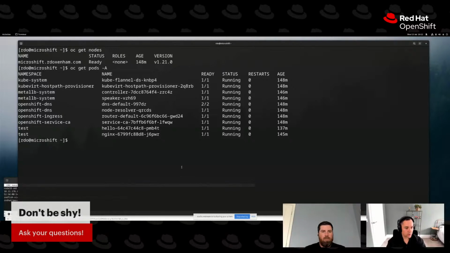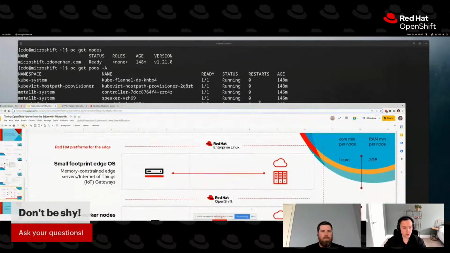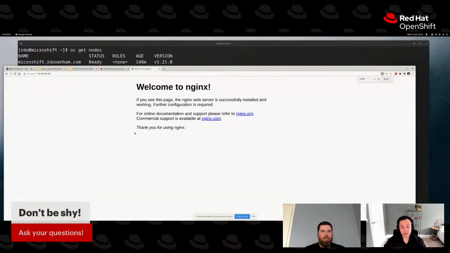If I do get service on my test one, you'll see that I've got a couple of different pods here. The one I'm using to expose Nginx with load balancer, and I've exposed this over MetalLB. And this is my IP address. Again, it's just on a libvirt network. So I should be able to just hit this, and I can. So that's just going over MetalLB to my